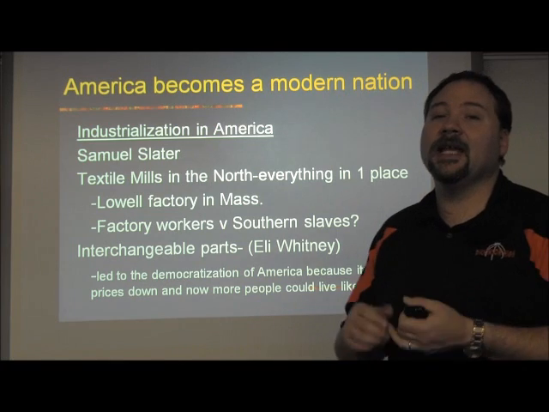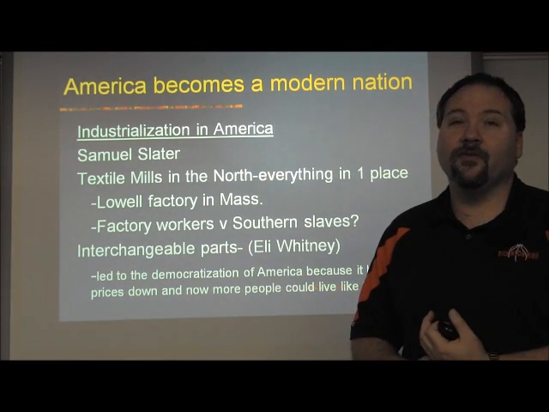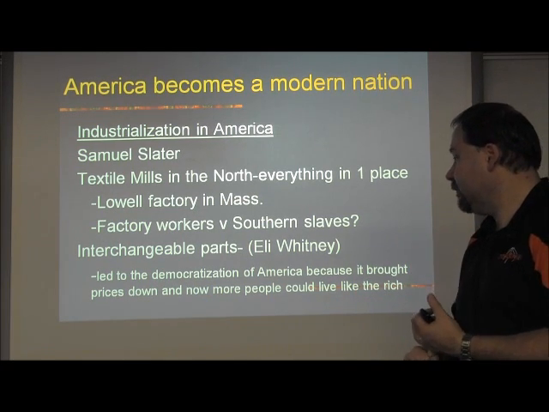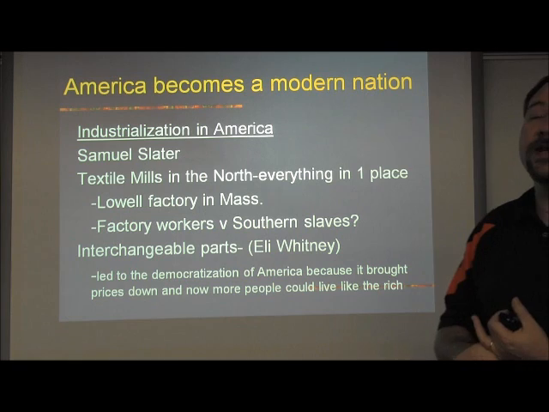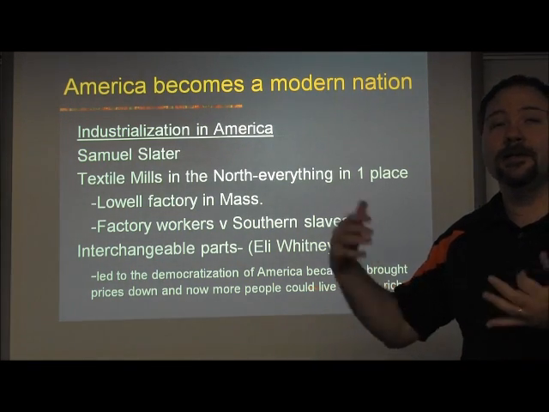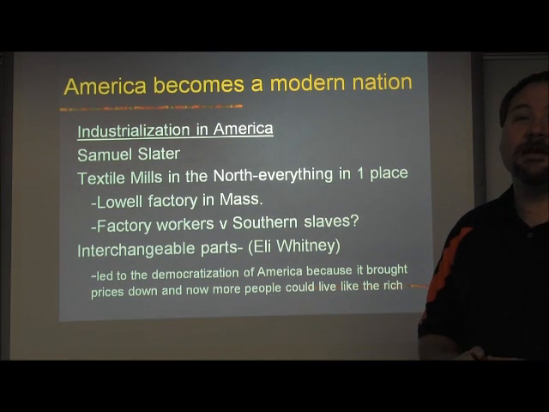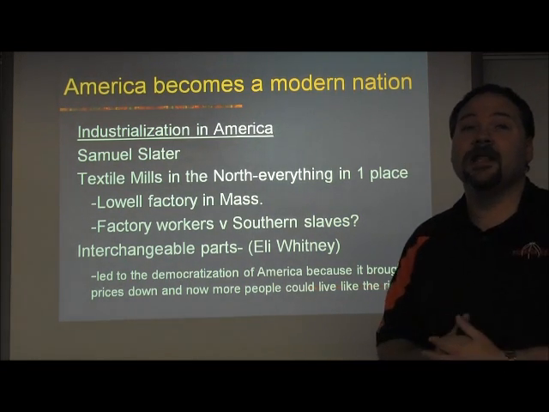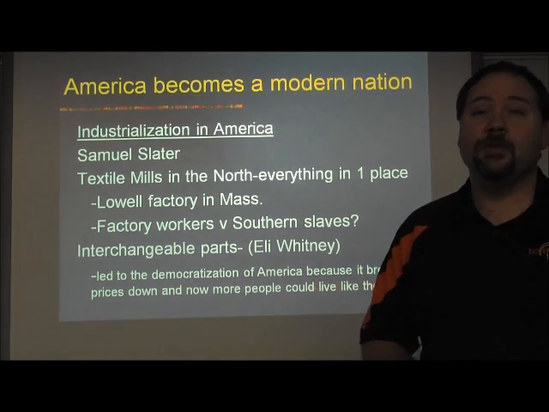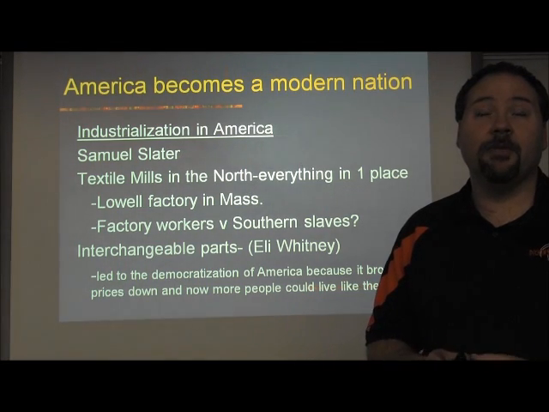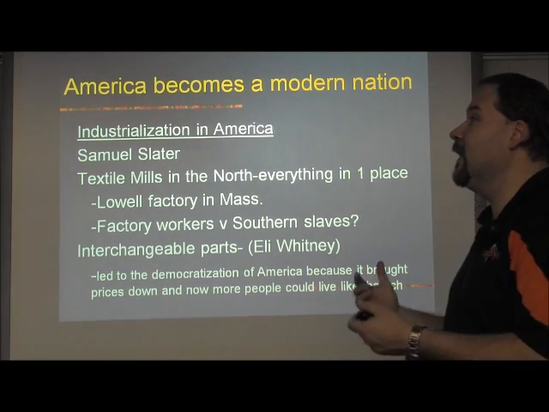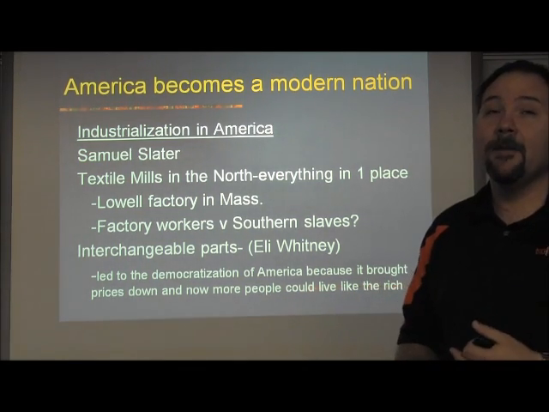And we talked a little bit about the negative side, about how the pace of work was increased and made work more difficult. But one of the benefits is, as you can see here on the board, it actually led to some benefits for the common people, because now goods were going to be cheaper as it cost less to produce them. That savings oftentimes was passed on to people, and they got to buy things that they could never do before. Store-bought clothes was a really big deal. Most people only had clothes that were made for them by their wives or their grandma or whoever the case may be. And so this actually kind of leveled the playing field a little bit, but just a little bit,